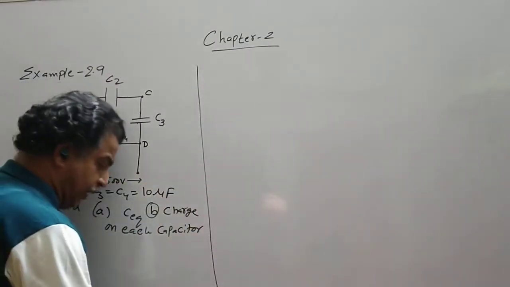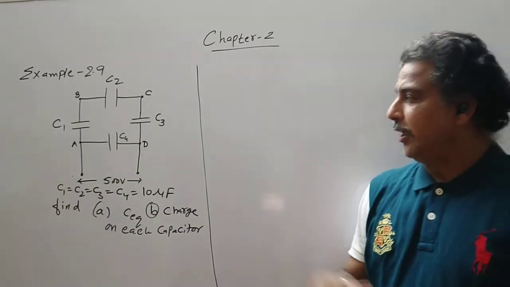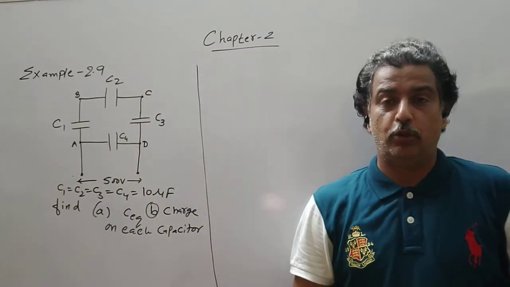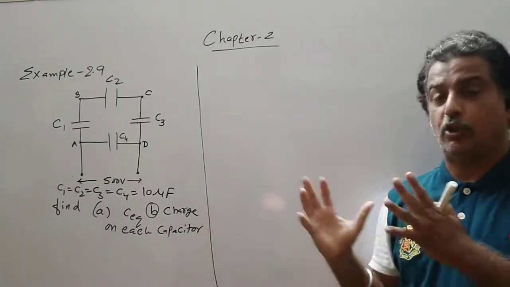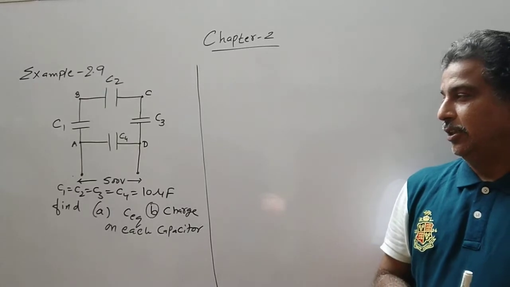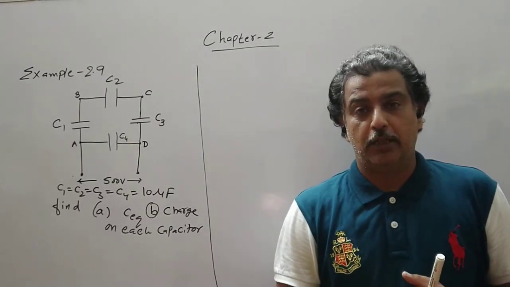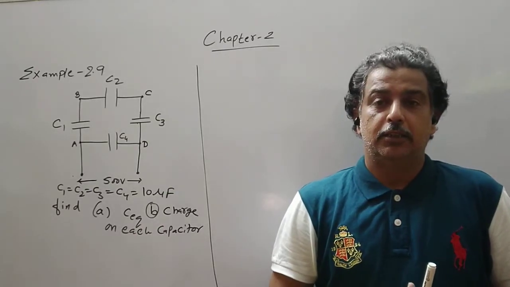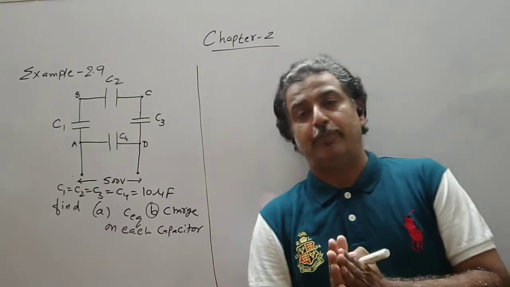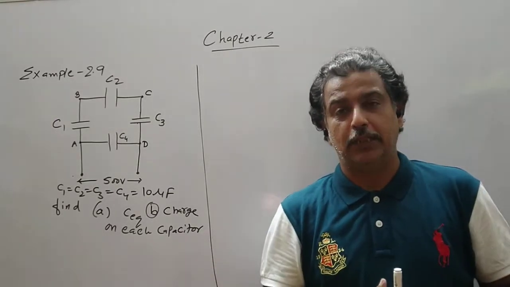Now there are different methods to solve the diagrams or the combination of capacitors. First you have to find out whether they are in series or parallel combination. Always we have to move from the positive plate to the negative plate to check whether the capacitors are connected in series or parallel. If there is a division of path and both the plates are at the same potential,